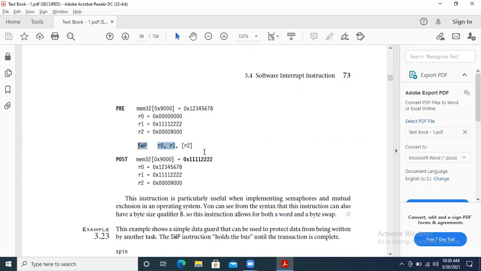If you observe this condition, this is your output, that is called RD, and this is one input, and this is one more input here. Using these two inputs, I want to swap the value between R1 and R2, and that value I have to store in R0 here. So after executing this instruction,